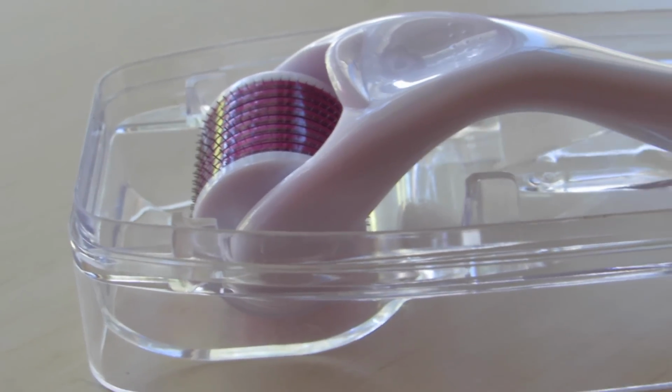Now, what is derma rolling? Here is my derma roller. I get my derma rollers from Banish, which I will go over in a second and give you a little bit of history about Banish and why I choose Banish derma rollers personally. Essentially, this little head has a bunch of tiny little needles on it, and as you roll it along your skin, you create little micro wounds in your face, which I know sounds crazy and insane, and why would you need to do that? But what it does is it encourages your skin's natural repair process. So while your skin is repairing those tiny little holes that you've purposely created, it also promotes collagen production and...